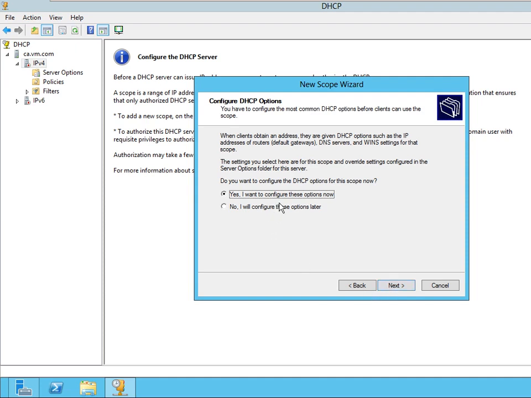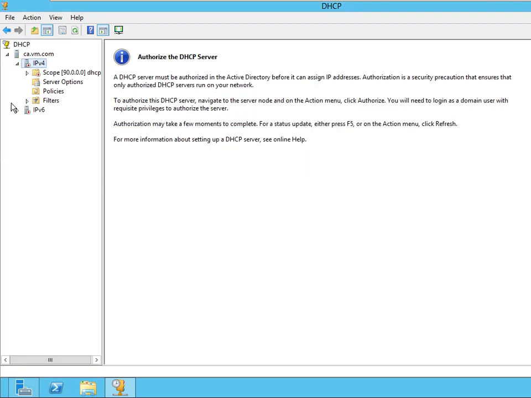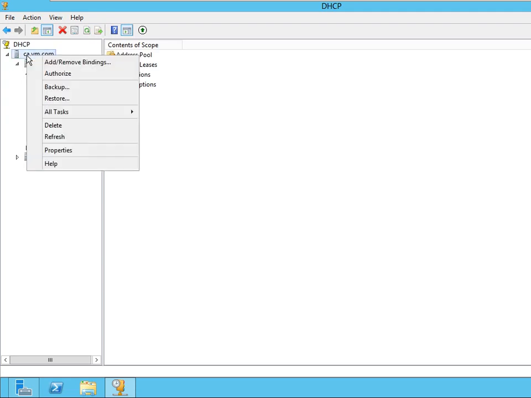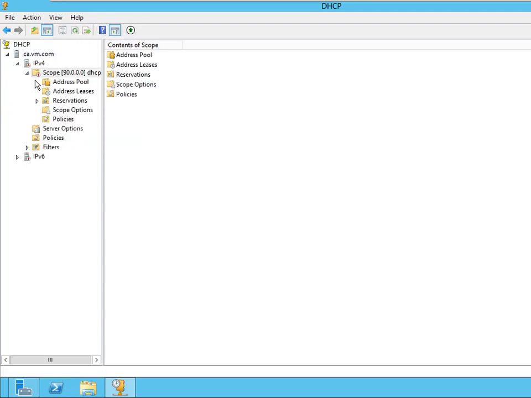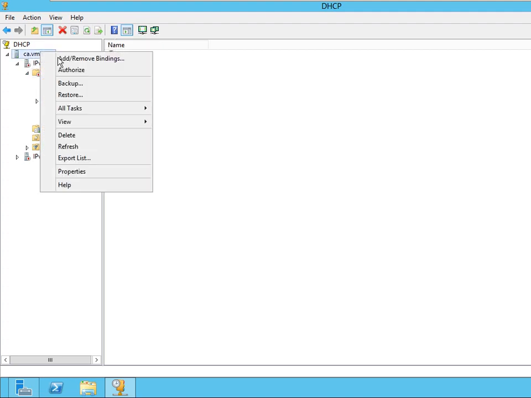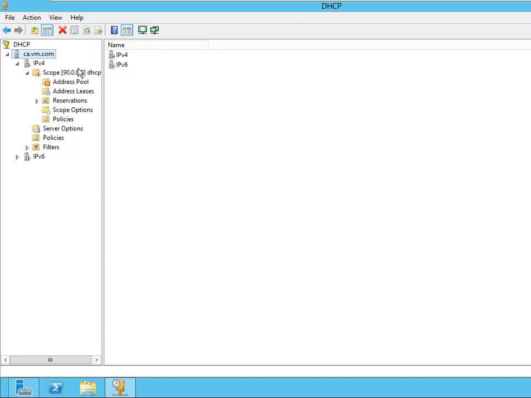If you want, you can configure your DNS address, gateway address, everything. If not, you can configure later also, not an issue. I am going to configure later. Finish. So still it is red. Reason, when you are in the Active Directory domain, it should be authorized.